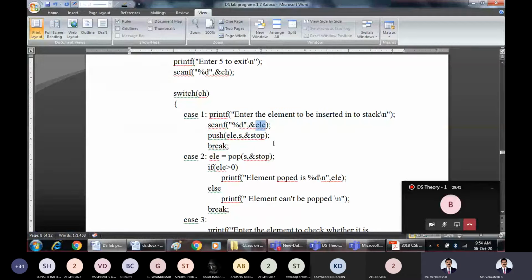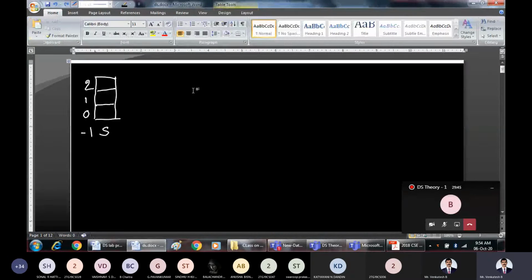Say you want to enter element 10. So let us perform all the operations one by one. So input you want to give this, 10 I want to insert first. 10 you want to insert onto the stack. Second.